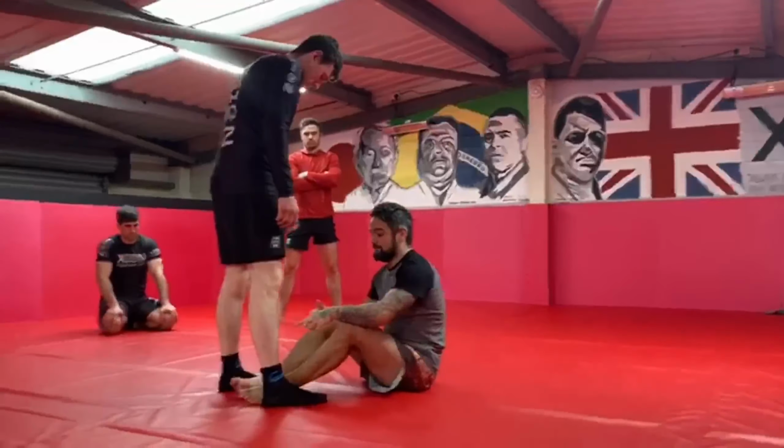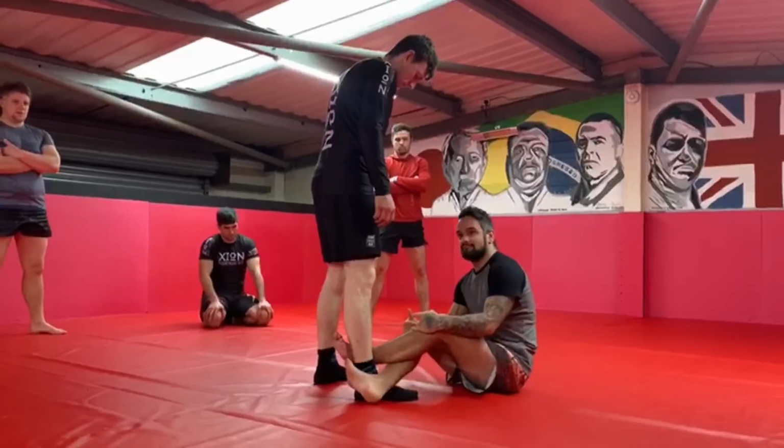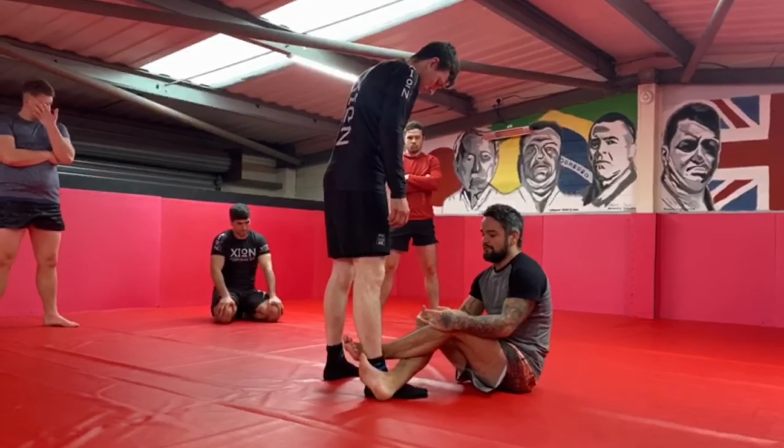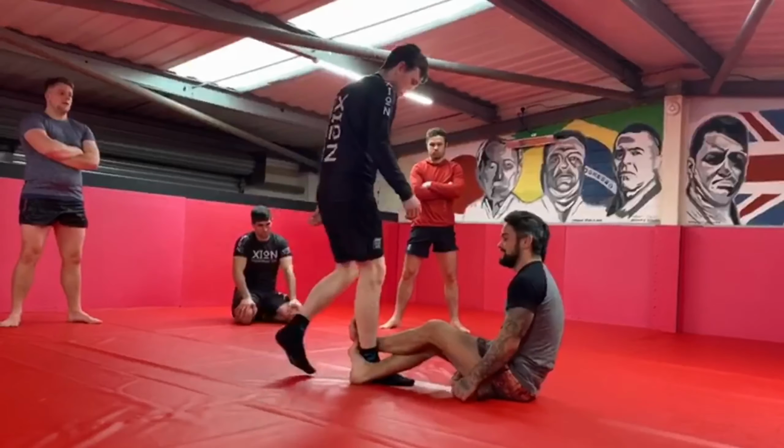So we look for our shin shield, okay? And we're going to put this foot underneath. Right? If I can touch my toes, try and drag this out. It's actually quite cool to swing. Alright,